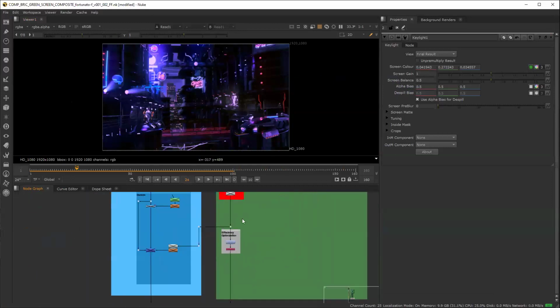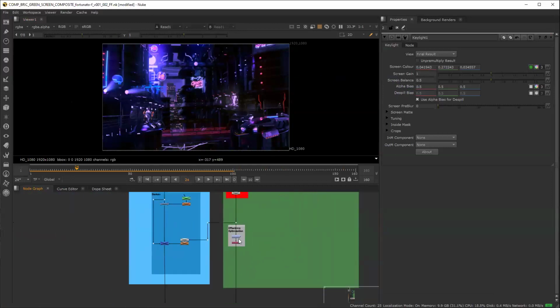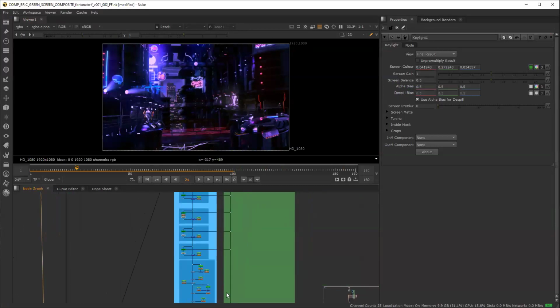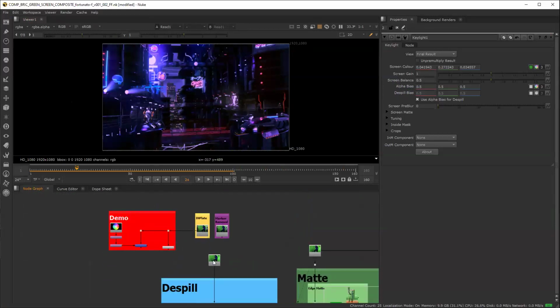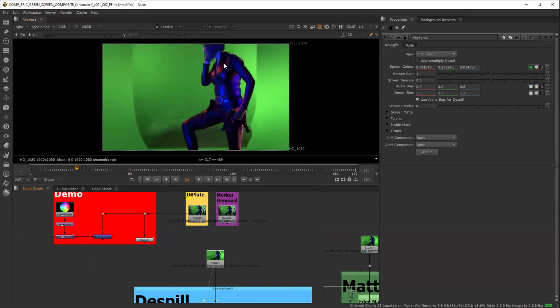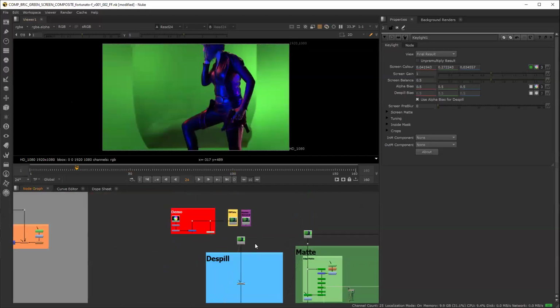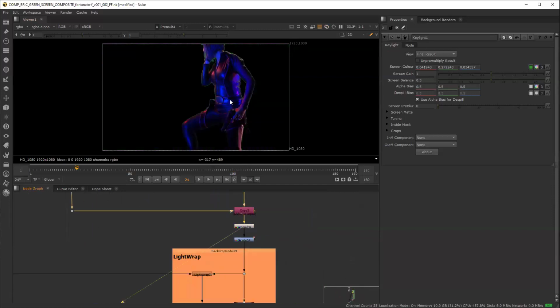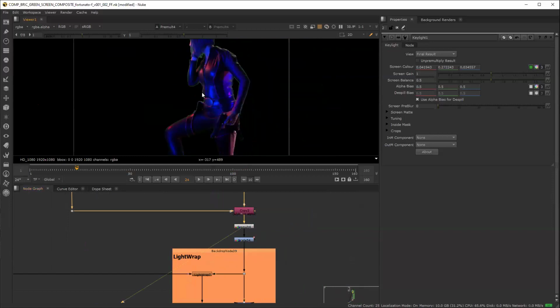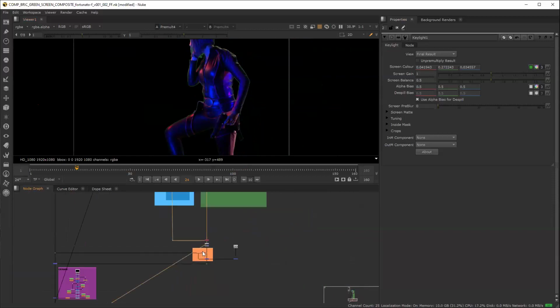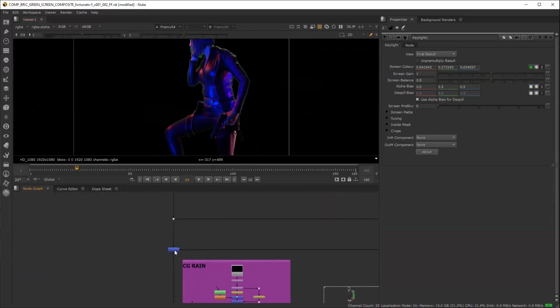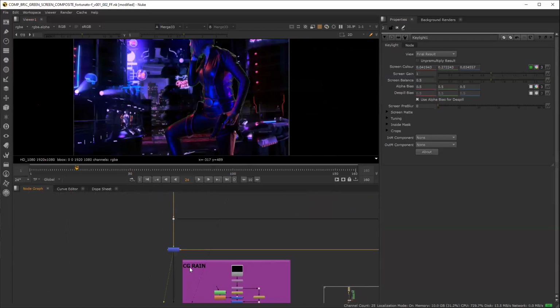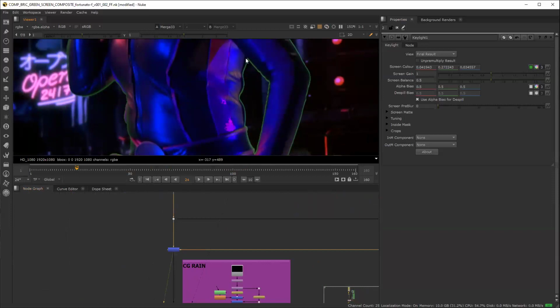So now what I want to do is take the matte that I've created, marry it with the RGB information, which is the woman on the green screen, so that I can put it on the background. So this is that over here. So this is basically me taking the green screen and the alpha channel or the matte, putting that together and putting this over the background. Right there. Okay, so now we've got her on the background,